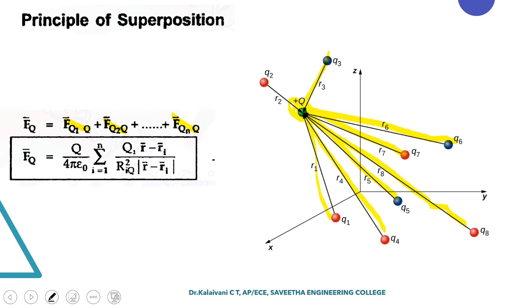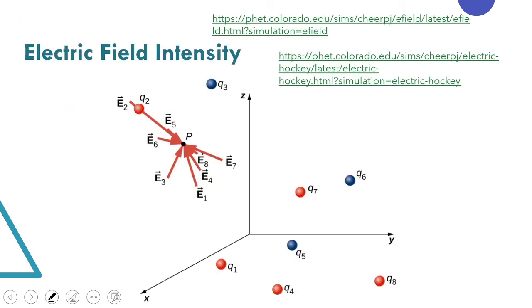So when you substitute the formula and simplify, all will have q by 4 pi epsilon naught common, so I have taken it outside. Each and every individual term will have q1 by r12 square, r21, r13, r14, everything, into the unit vector. I have written the unit vector in expanded form; else you can write a_i, the unit vector. So this is the principle of the superposition theorem.